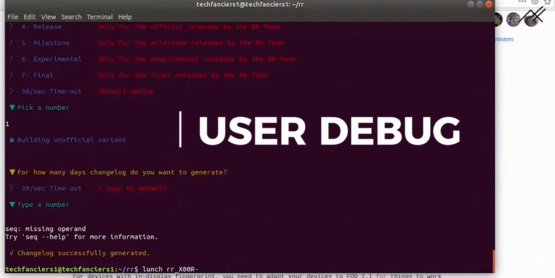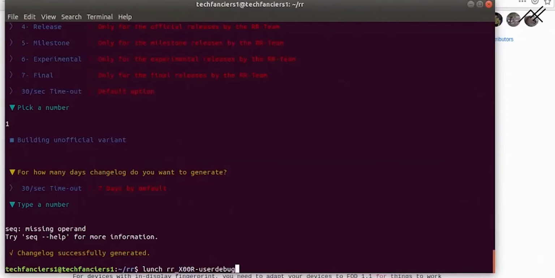After that we have userdebug, which is below the engineering build. It will have a developer option, but to get the advanced debugging features or logs, you need to root the device and use some tools to do this.